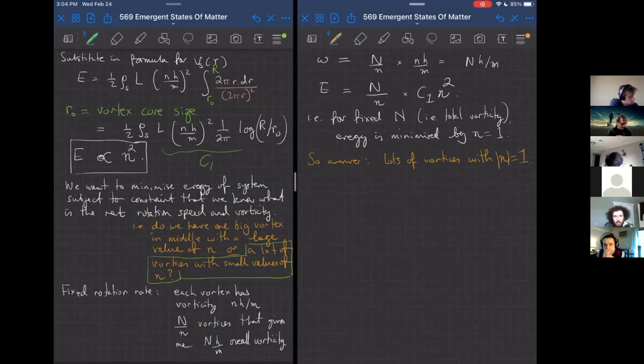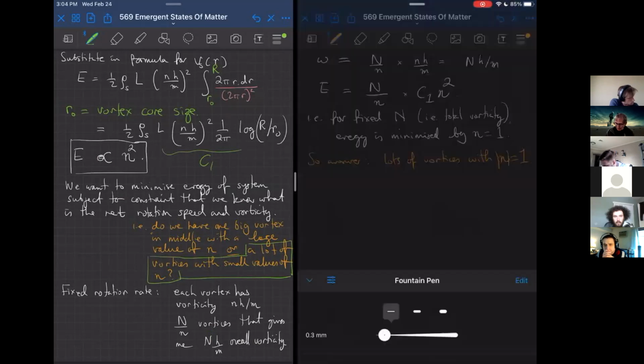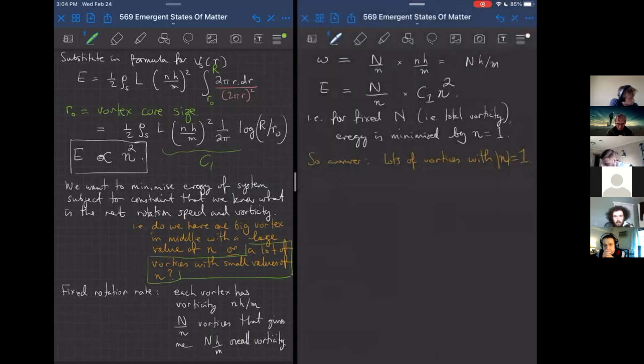Absolute value of n is equal to 1. Okay, so that seems to answer that question, but we're not done yet with that. So the next thing that we need to talk about is